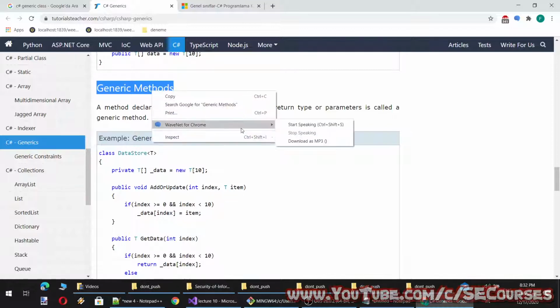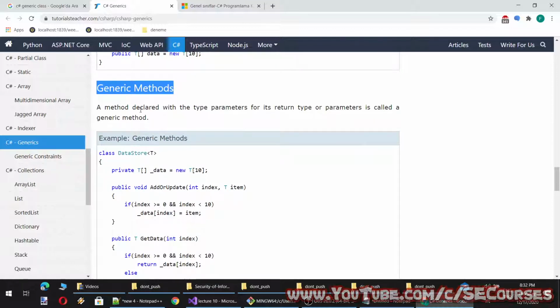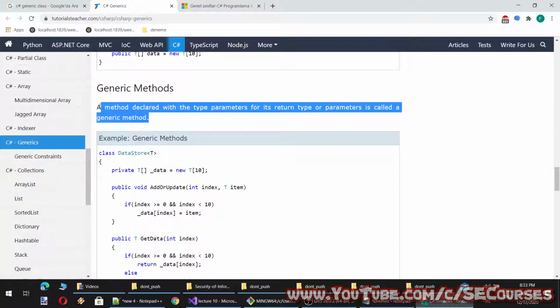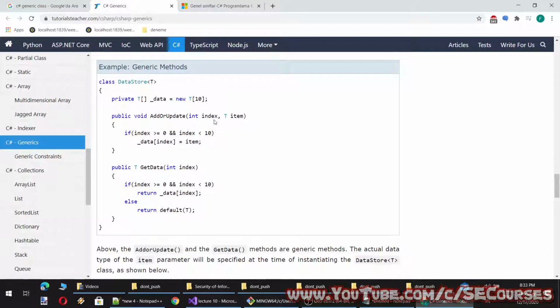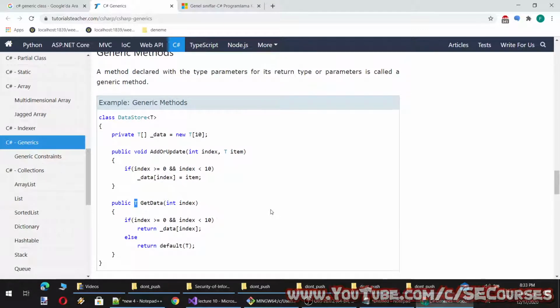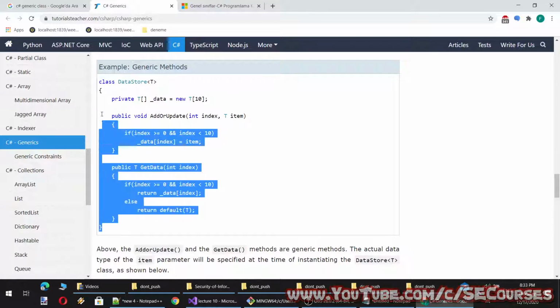I already showed it, but generic methods: a method declared with the type parameters for its return type or parameters is called a generic method. So if it is taking a generic item or returning a generic result, it is called a generic method.